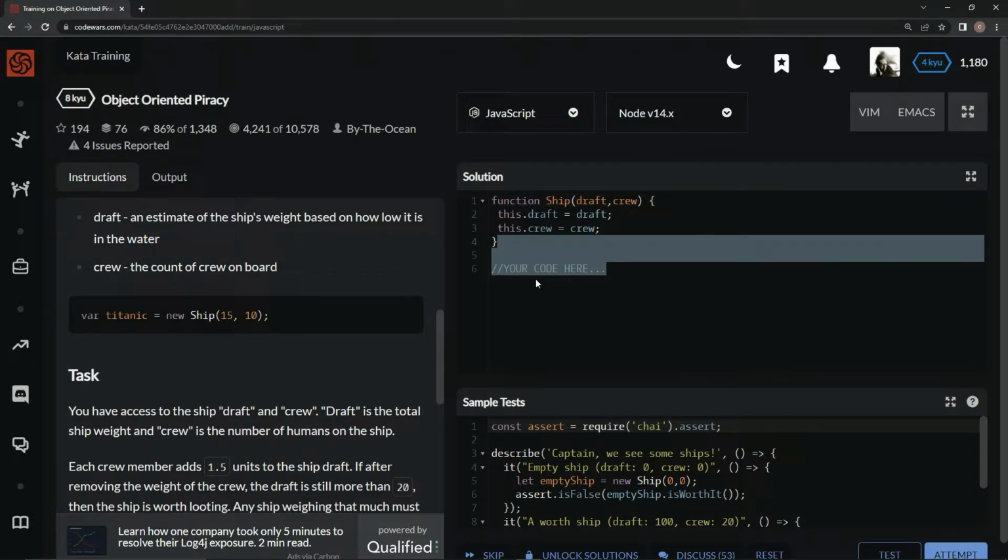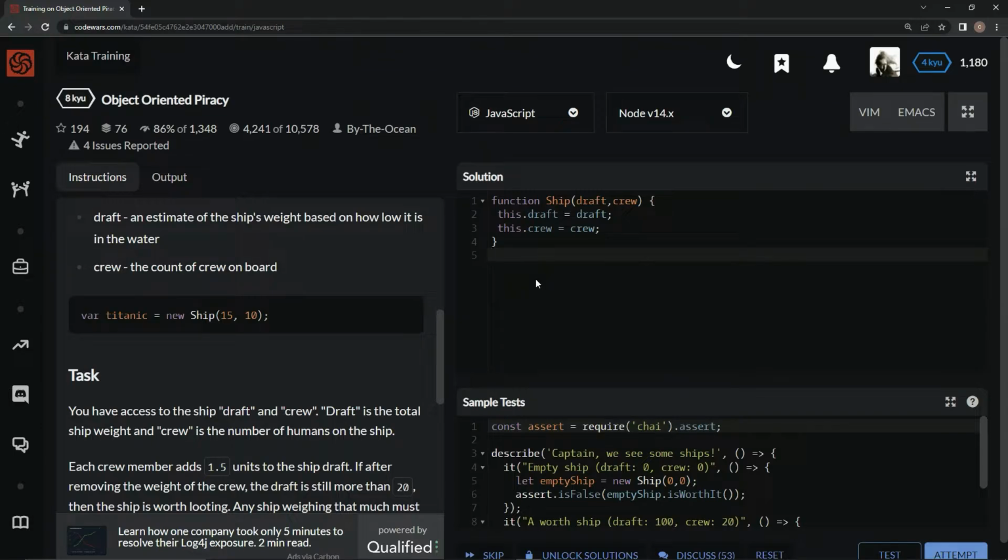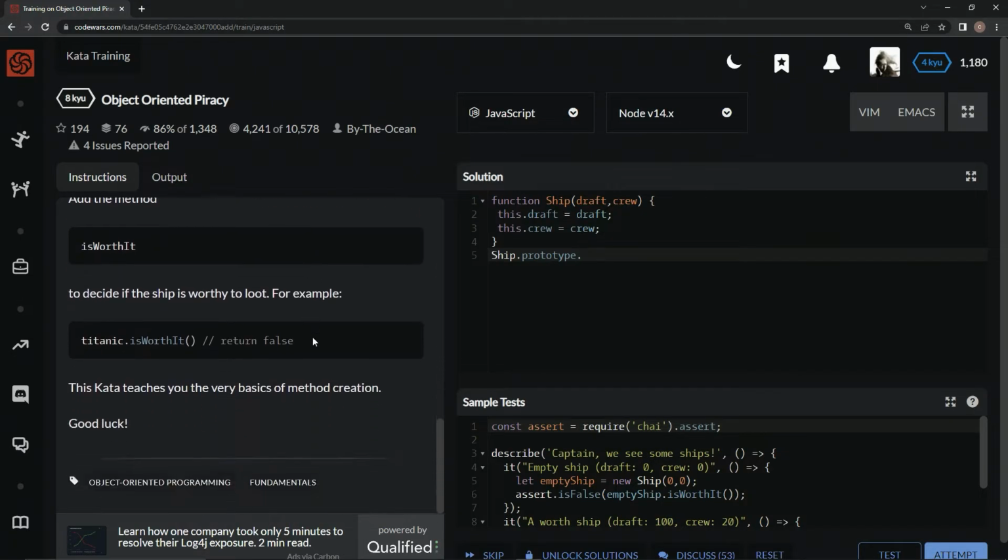All right, so right here we're going to be doing the thing where we make the, what are these things called? Methods. So we're going to say Ship.prototype.isWorthIt, and this needs to equal function, and this is how we set up for making